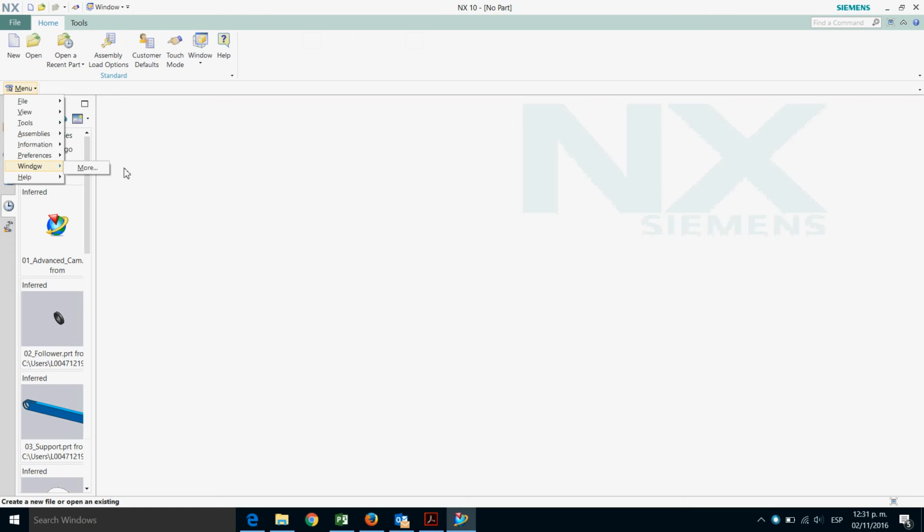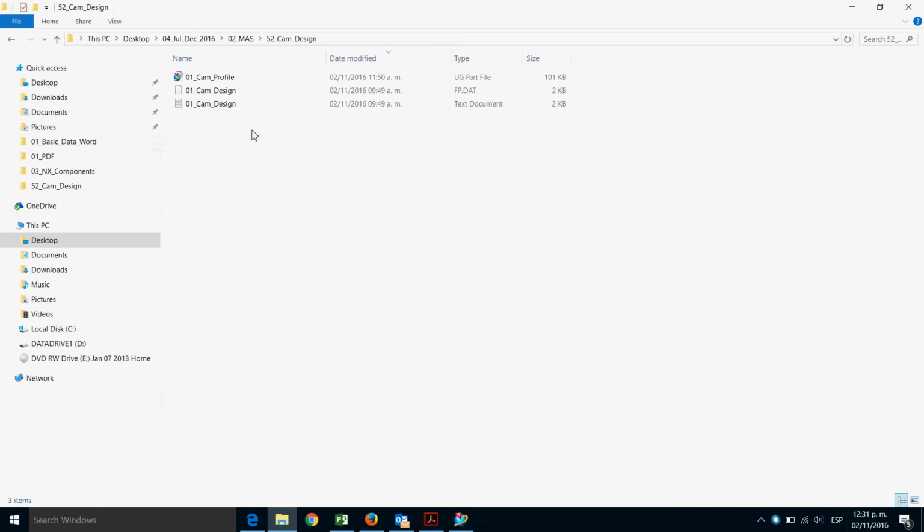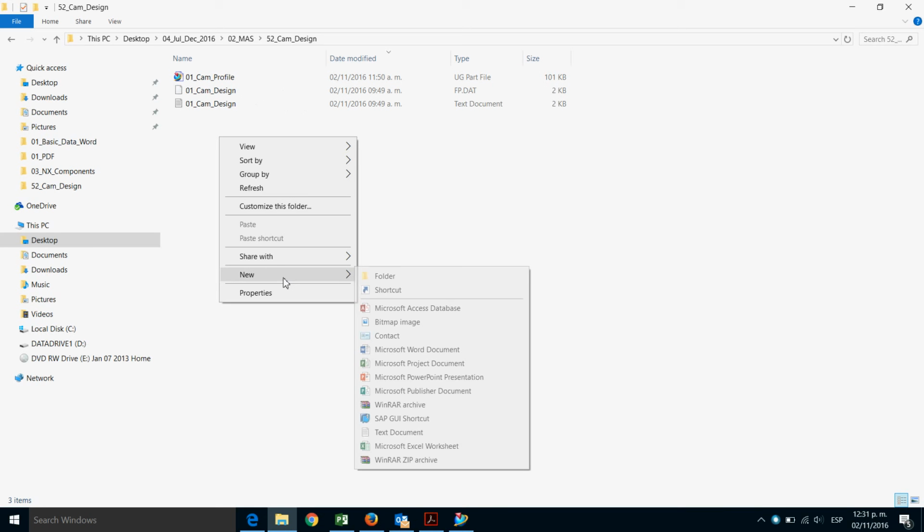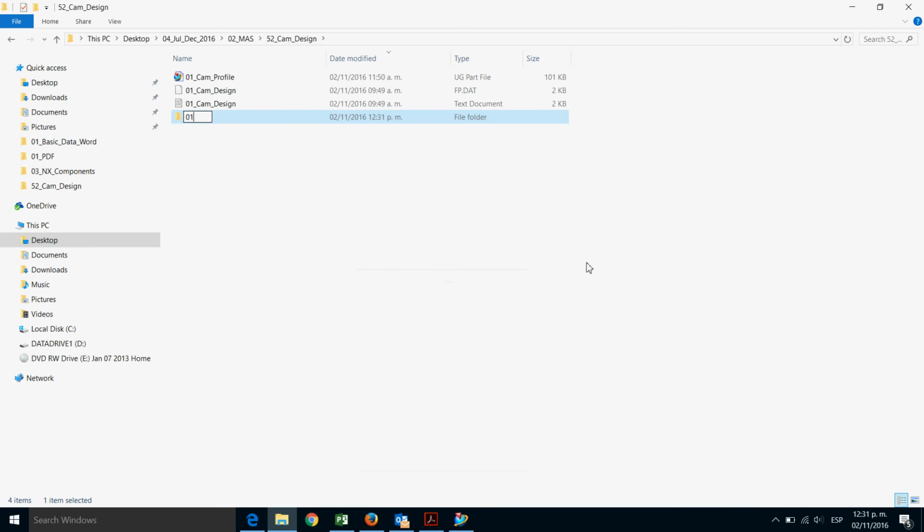Make sure you don't have any other part open, and go to the folder where you have the NX part of the profile. I suggest you create a new folder for the CAM design points,